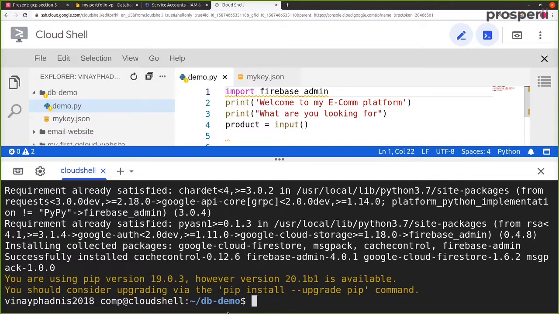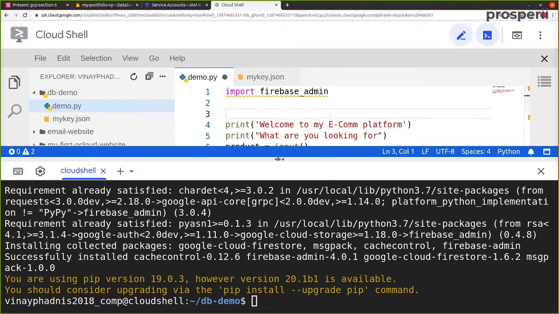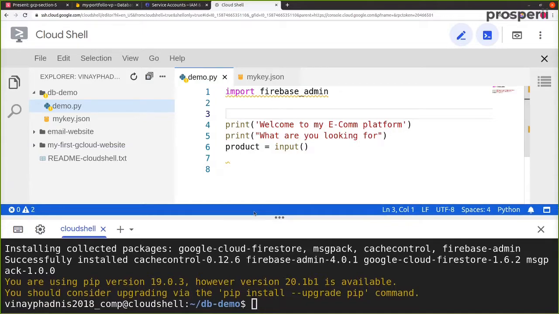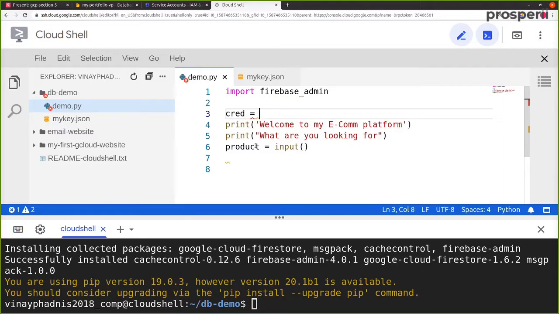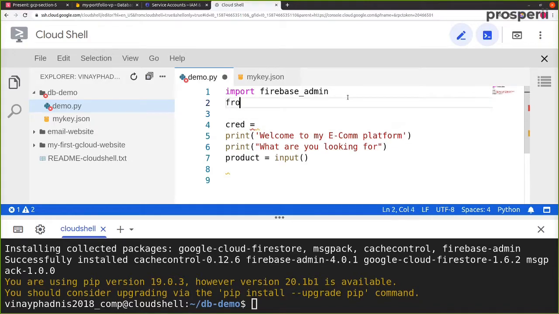And now after installing Firebase admin, we want to initialize this particular application by using this Firebase admin key. First of all, let's create a new variable called credentials, or cred. So cred is equal to, now we want to use a different module from Firebase admin called credentials. So over here, again we have from firebase_admin import credentials.